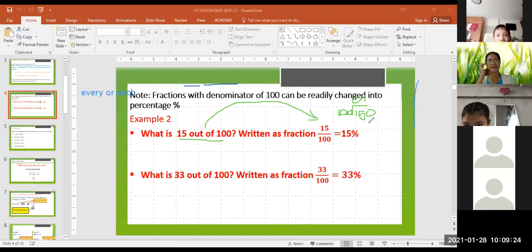So next, we have 33 out of 100. So it's just simply written this way as a fraction again. And remember that,